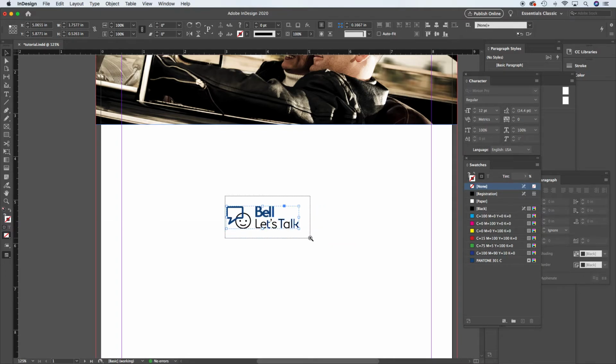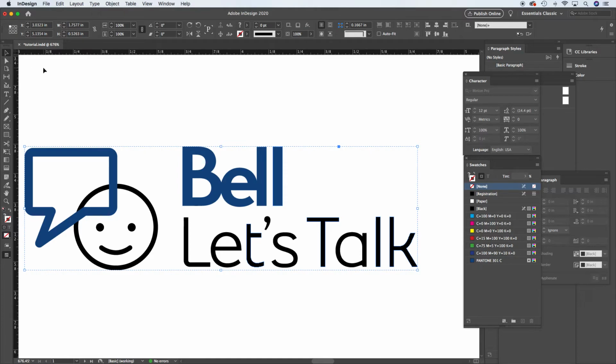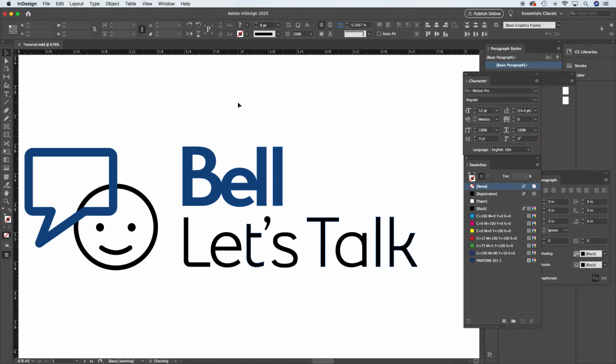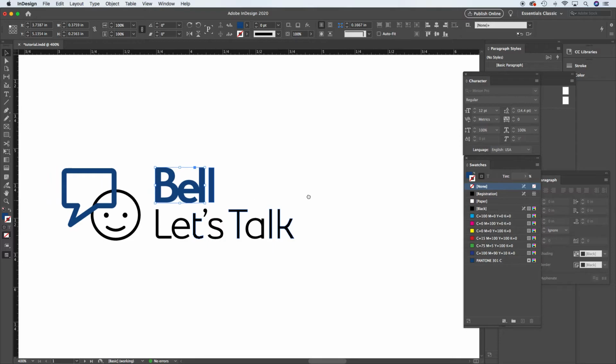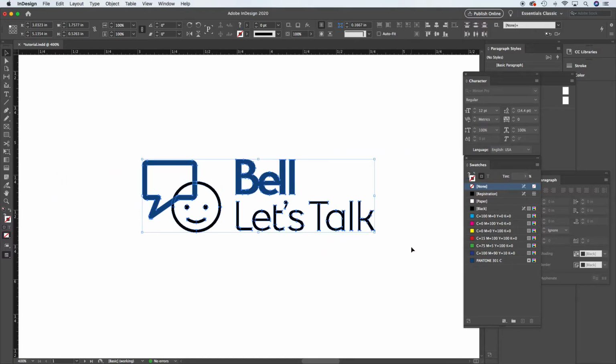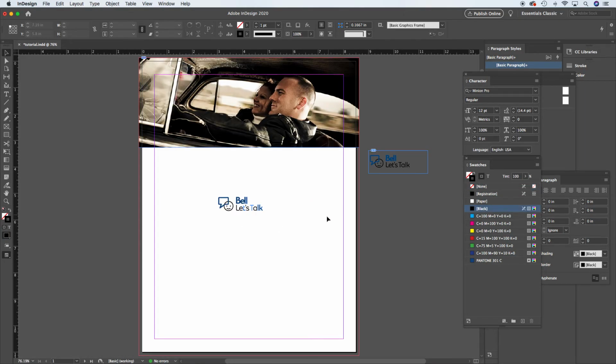I can also, if I wanted to, go in and it'll let me ungroup all of this, and I can work on it separately because they're both vector programs, InDesign and Illustrator. So there's a lot more freedom, and it's just a lot easier to work with. So my recommendation, just going to group this back again, Command G. My recommendation is to open the Illustrator file in Illustrator, select what you want, copy it, and paste it right